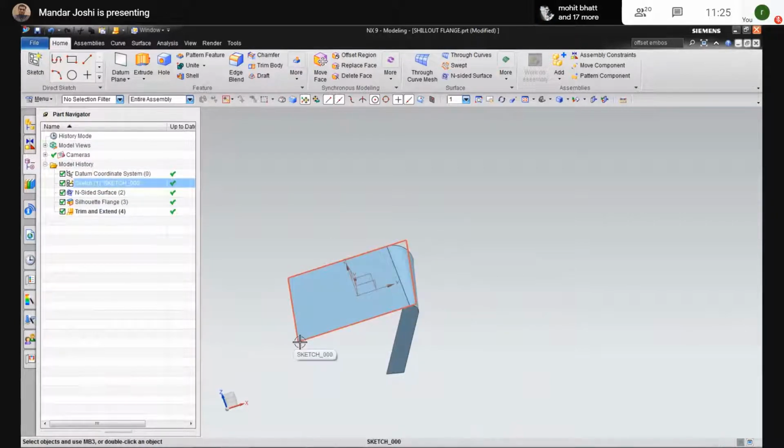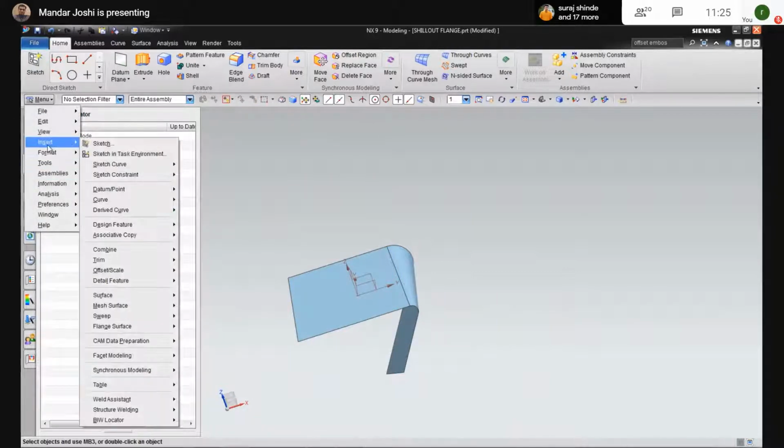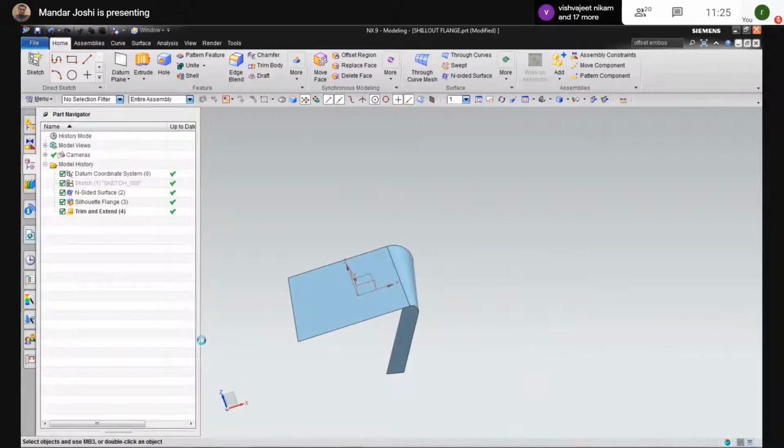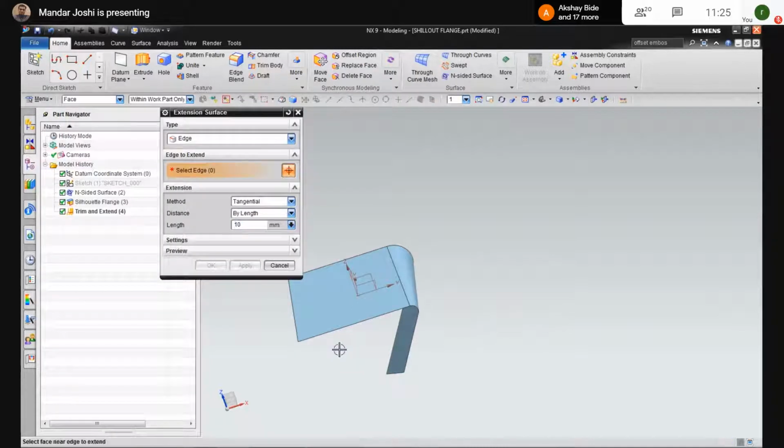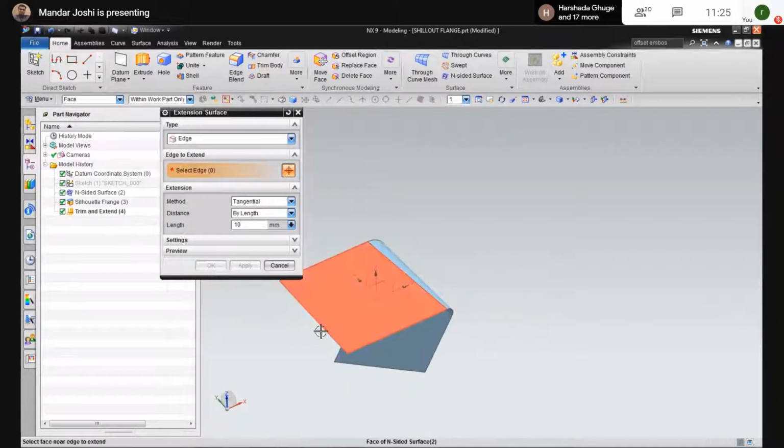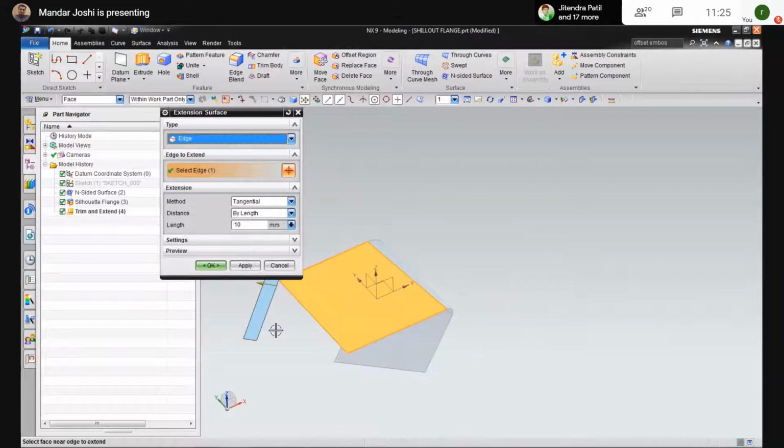If you want to use a side flange, then go to menu, insert, flange surface, extension. Select the extension command. Select the edge which you want to extend.